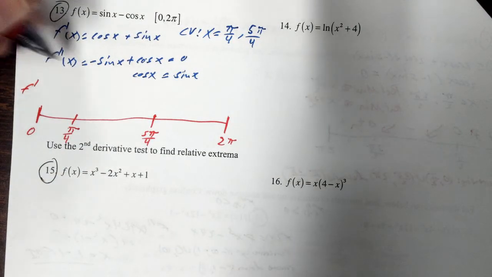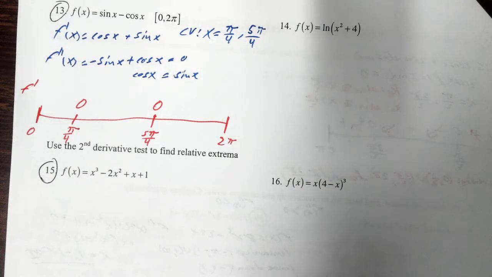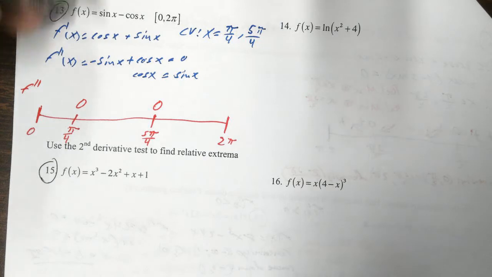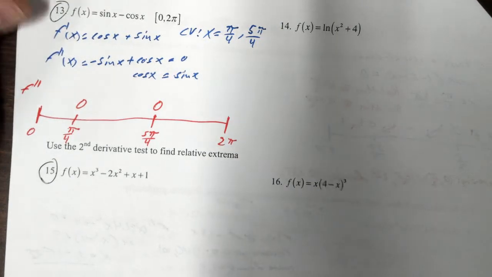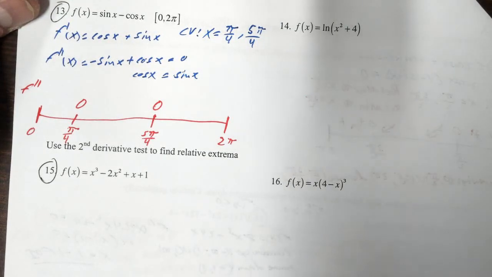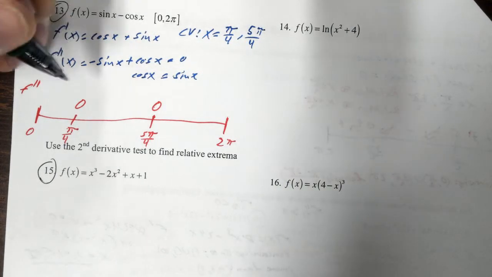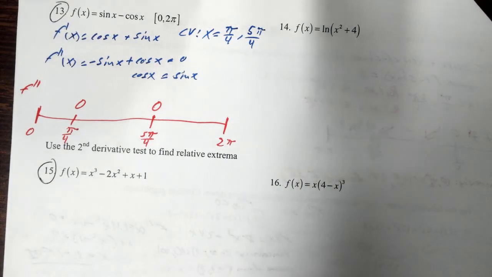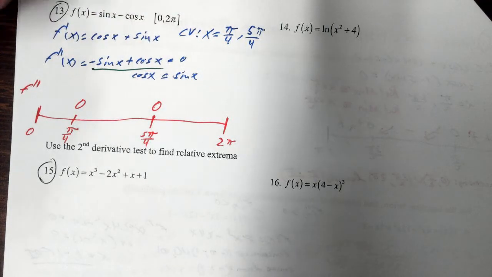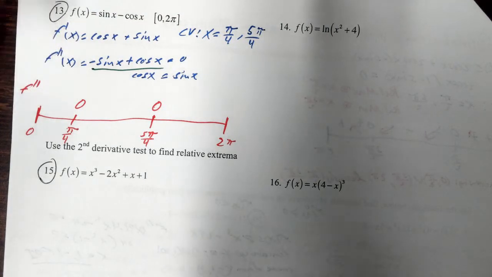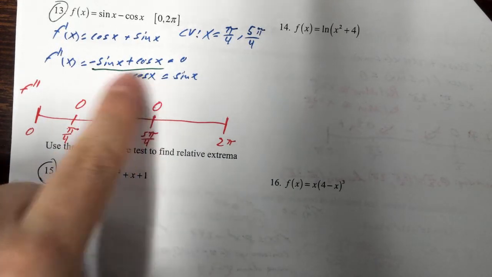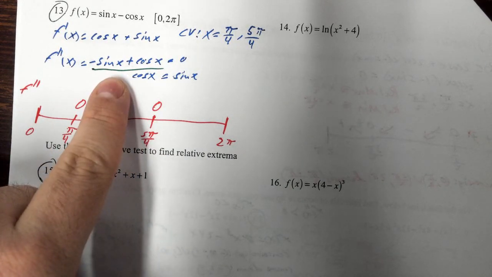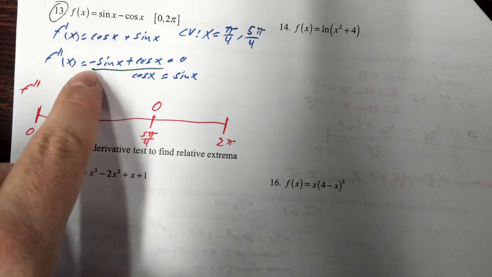So f prime is 0 at those spots. f double prime is 0 at both of those spots, because we're trying to figure out concavity here. So we need f double prime. And looking at f double prime before pi over 4, well, cosine and sine are both positive there. But if I put a negative on the sine,